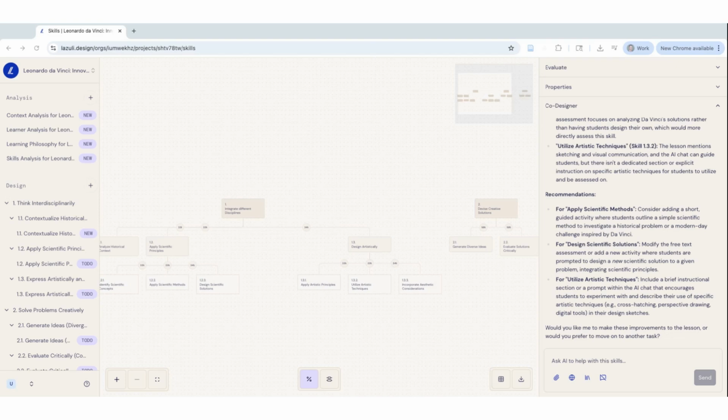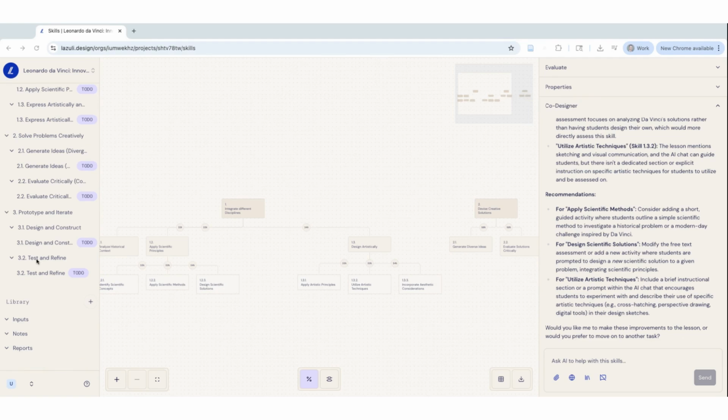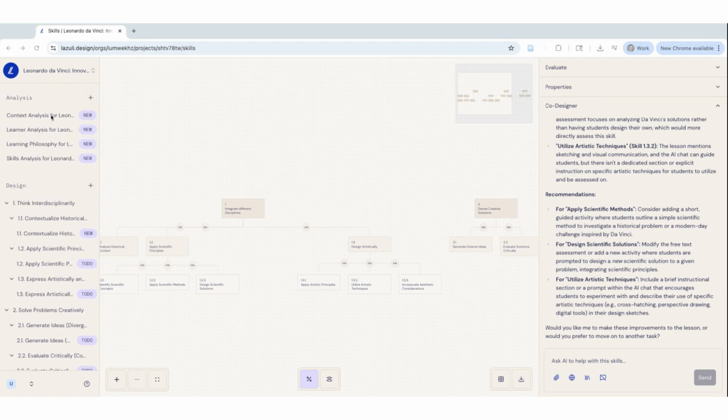Once I've finished my analysis and I feel good about those, I can start creating my course content. As you remember, it created the structure for the content in the design section. Anything that's in here is going to be visible to the student. So you want to put things here basically that you want to be student facing. Any other notes or reports will go into the library section below, and the students won't see any of the